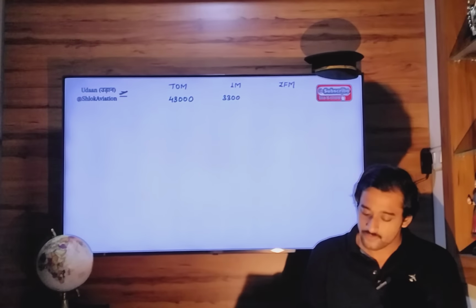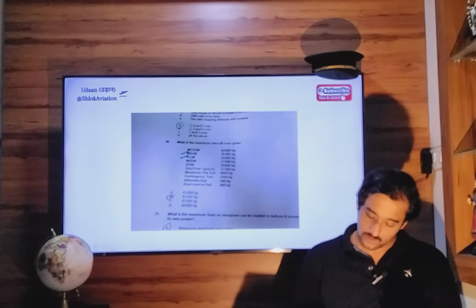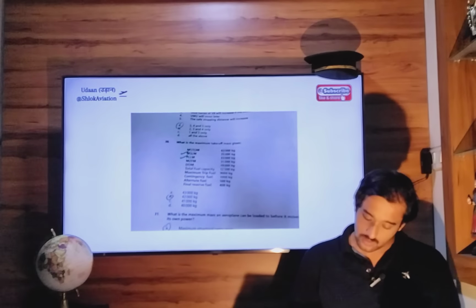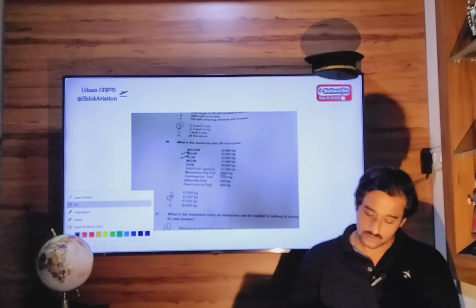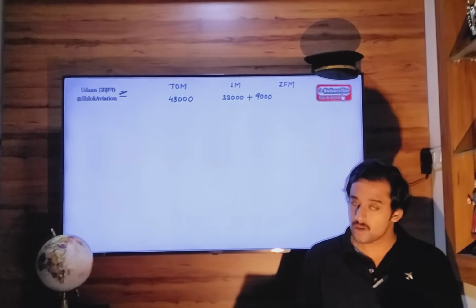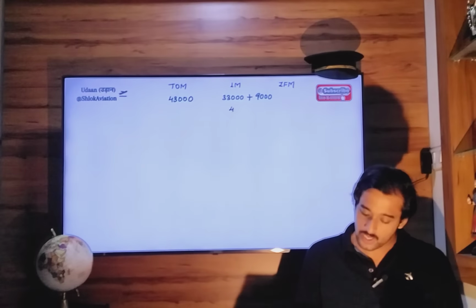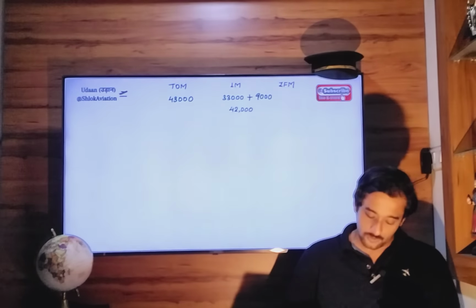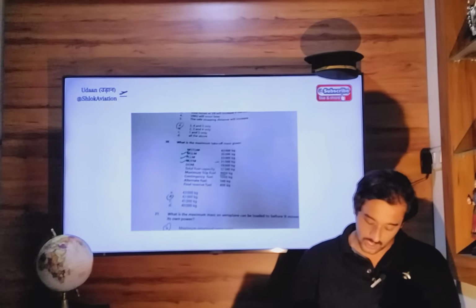Write it here. Plus stiff fuel. What is stiff fuel here? 9,000. This will be equal to 33 plus 9,000 is 42,000. Zero fuel mass limitation is what? 31,000